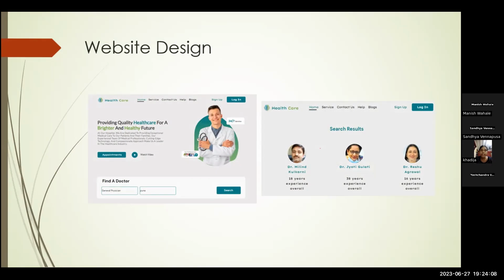The user should approach the doctor. And the conclusion, the main motive, as I already said, was